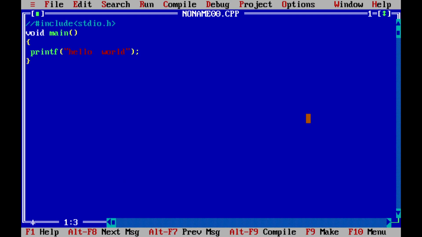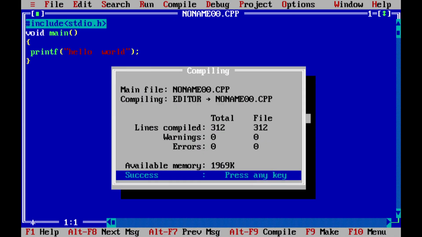Now, by adding this one line, the total number of lines compiled should be 5. But instead, it is showing 312. The reason is that, as I told you, the compilation is done on the intermediate code, not the original code that you have written.